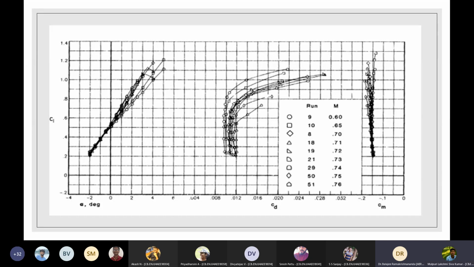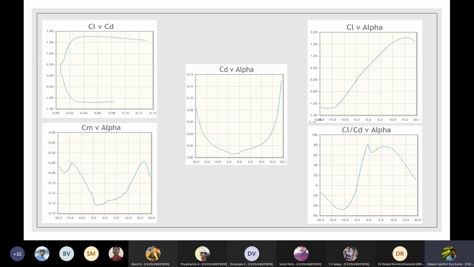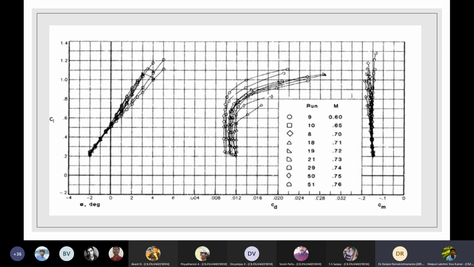Okay, sir. Mainly CL versus alpha, and the second one, CL versus CD. That is only very important for me. The CM you can use later. Right now, I'm not too keen about the CM. Yes, sir. These are also the data, but these are for a particular Reynolds number. Don't use these airfoil tools or Xfoil. If you have experimental results, just stick with that. Take only that and use it. Okay, that is more accurate. Yes, sir. For this purpose.